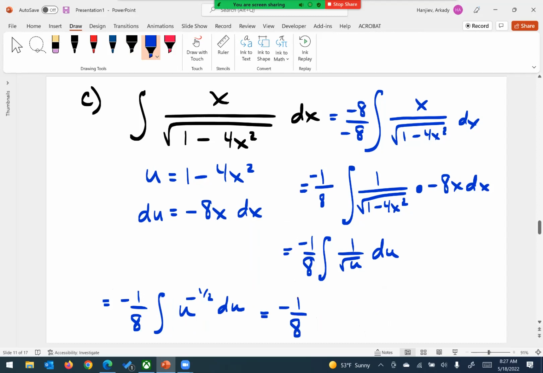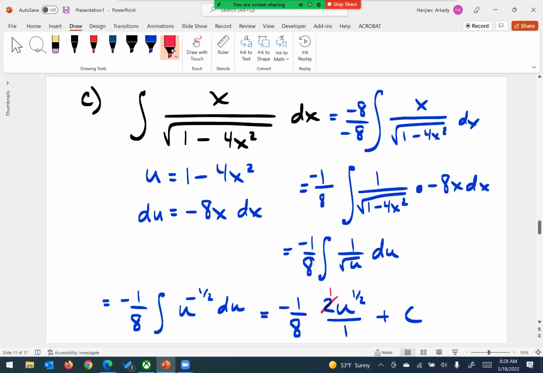I'm going to add 1 to the exponent, which makes it a positive 1/2. Is that right? So you guys okay with the positive 1/2 because I added 1? And again, it's a fraction. So instead of putting it as divided by 1/2, I'm going to say multiply by 2 over 1